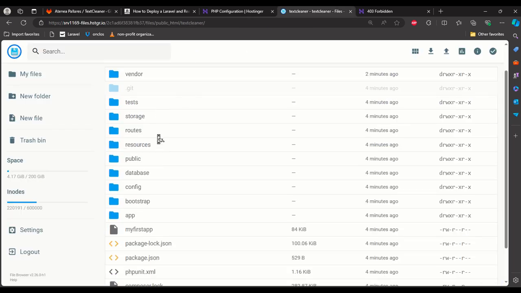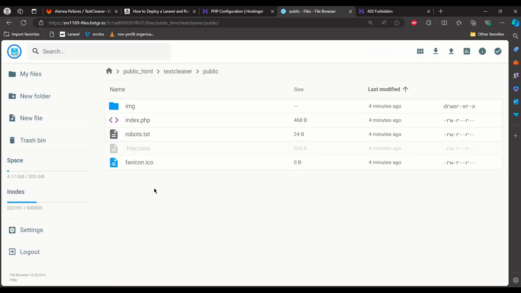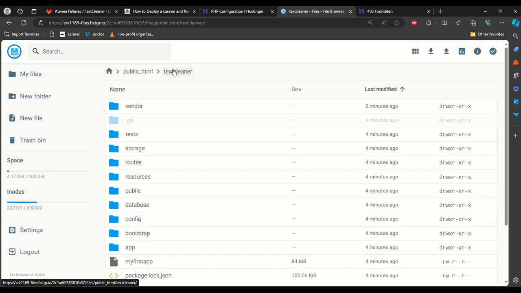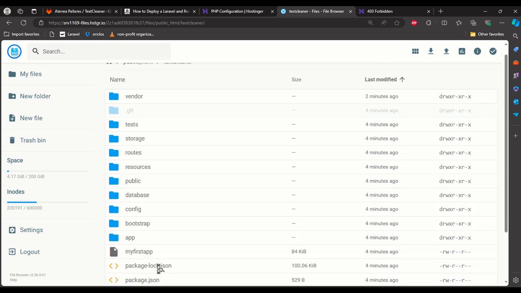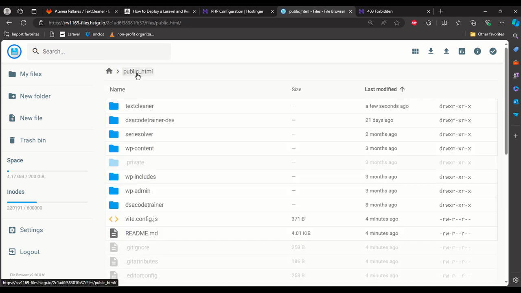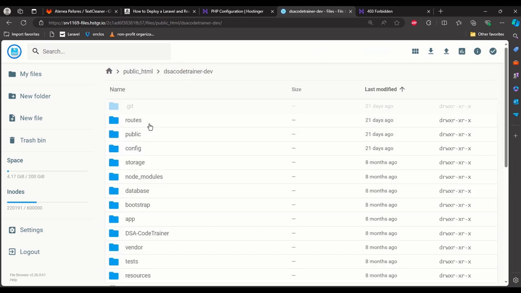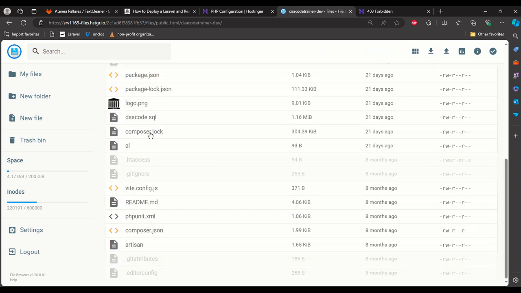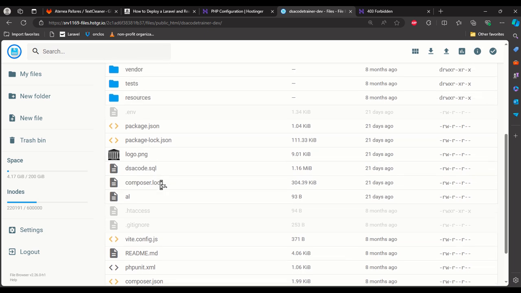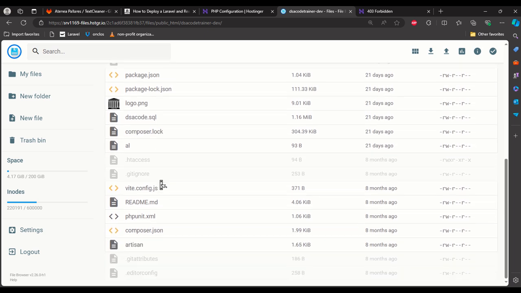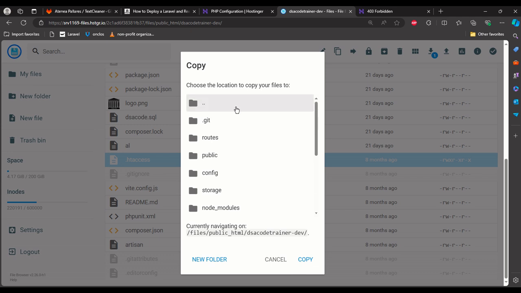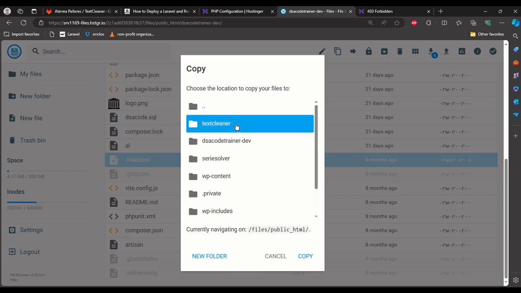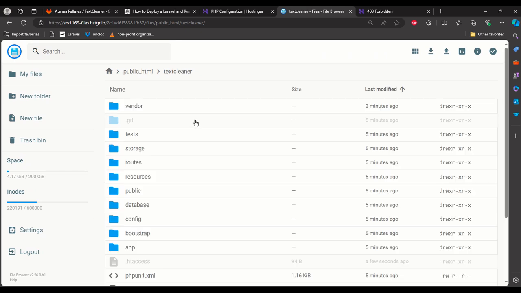And from here we have to check the public, and we have to add the .htaccess, and this file I'm going to copy from another project. This one I'm going to copy and I'm going to paste it in our project text cleaner.